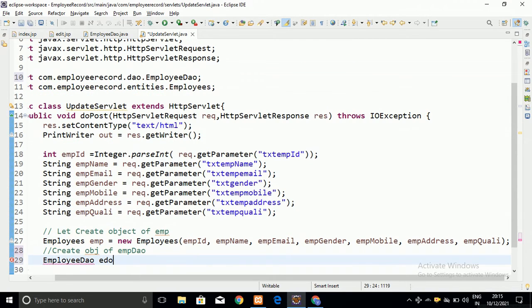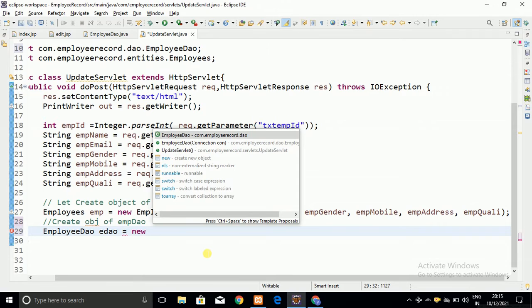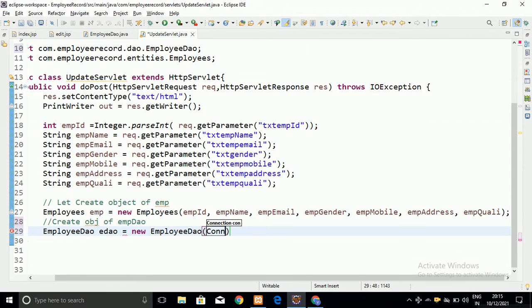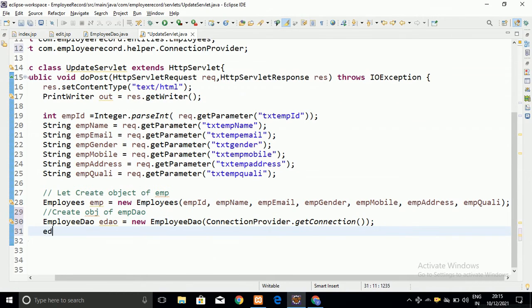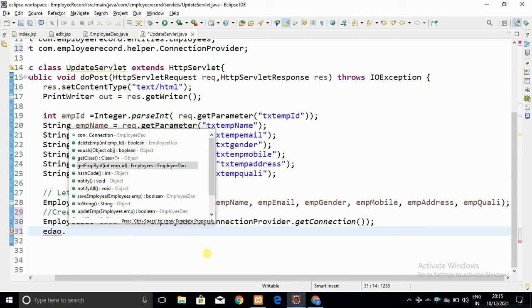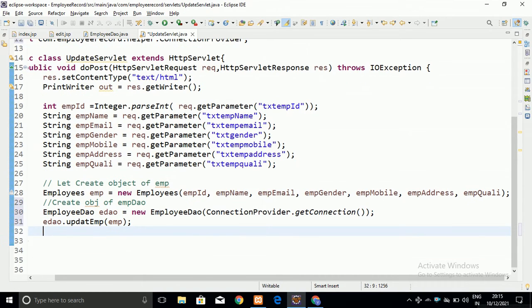To call that method, we have to create the object of the EmployeeDAO. So let me create that object of the EmployeeDAO, and let me give the connection here, ConnectionProvider.getConnection, and let me call that method, employeeDAO.updateEmployee, and to the parameter you can see that the employee object which we have just created above is the parameter to that updateEmployee method.